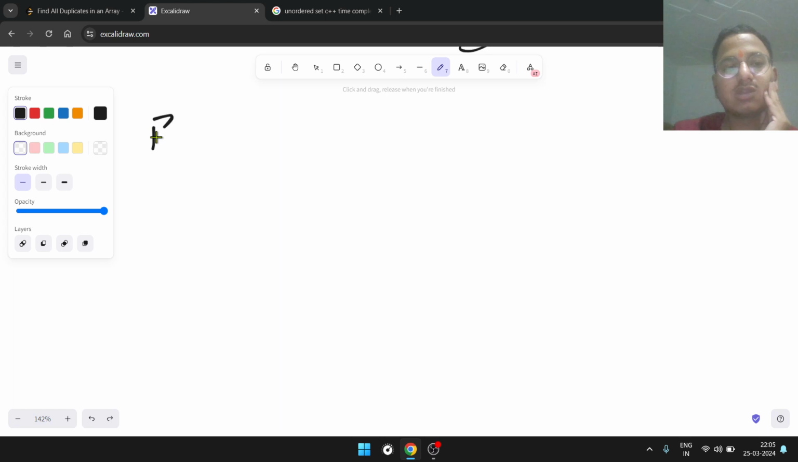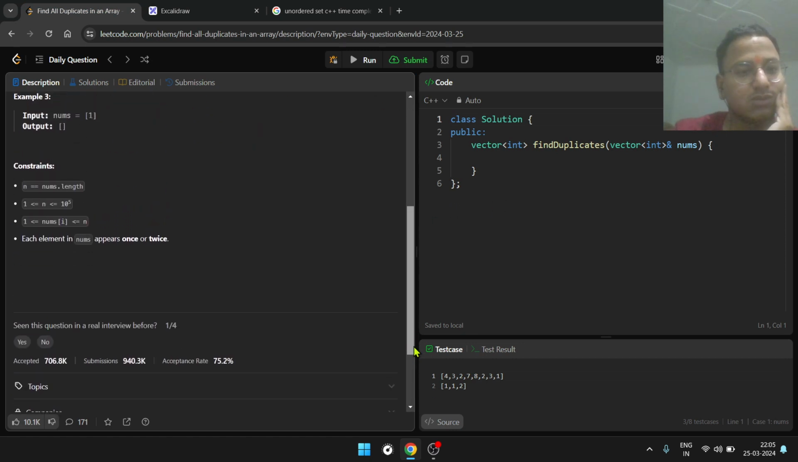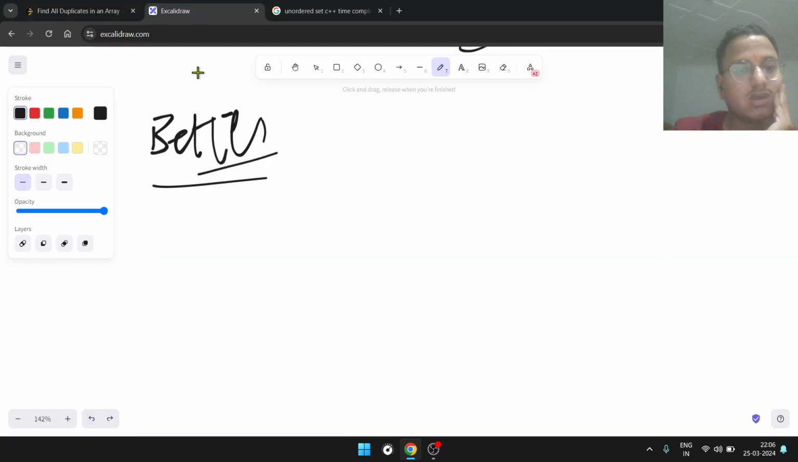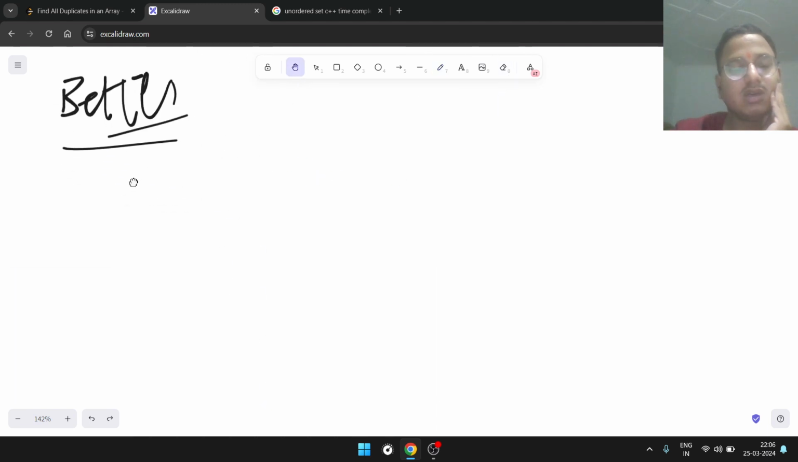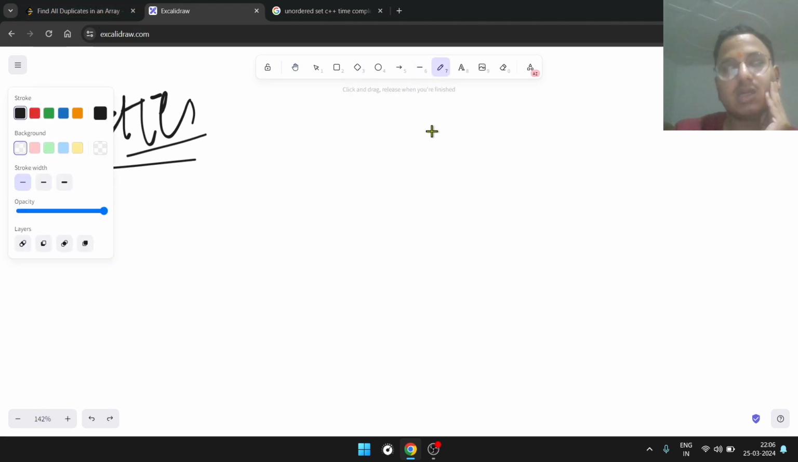Now let's talk about the better solution. What could be the better solution for this? Find the problem. Each element uses constant extra space. Okay, here in the above approach we used extra space, so we should improve it. And also the time complexity was not linear, so that is also what we need to